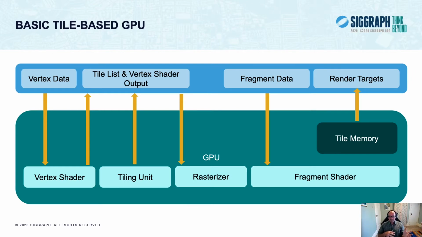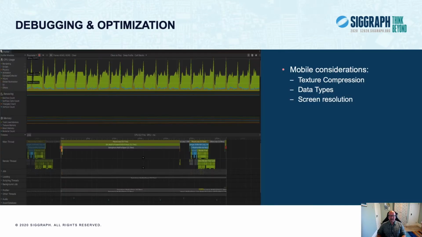Another technique is called hidden surface removal, which is the converse of that. So based on similar early depth results, in this case, the fragment just never gets issued, rather than being killed after it's already been issued. So I mention these here because they're hardware optimizations that you, as the programmer, don't really have any control over. But software optimizations that you can do is what we're going to move on to now.